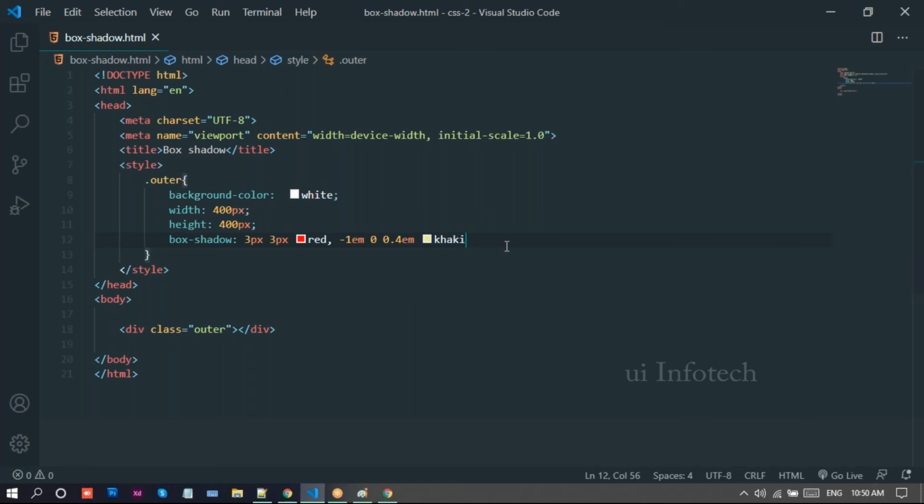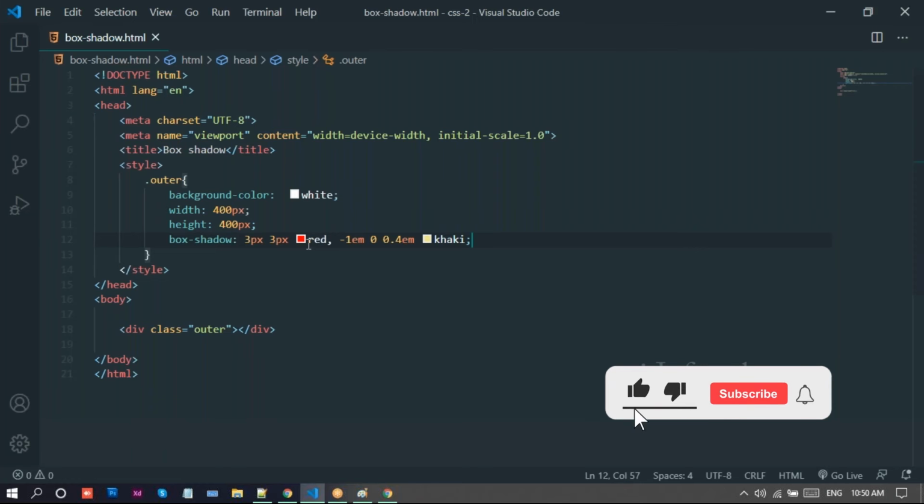Now look at this one. Now go to the browser once, just reload this page. Look at this one we have. So we just applied this shadow. If you want to add blurriness, you can add it there, like 5 pixels. Let me go to the browser, reload this page. Now look at this one. So we just added the blurriness.